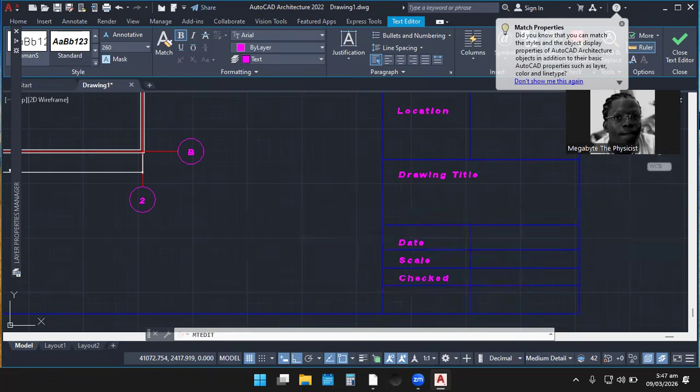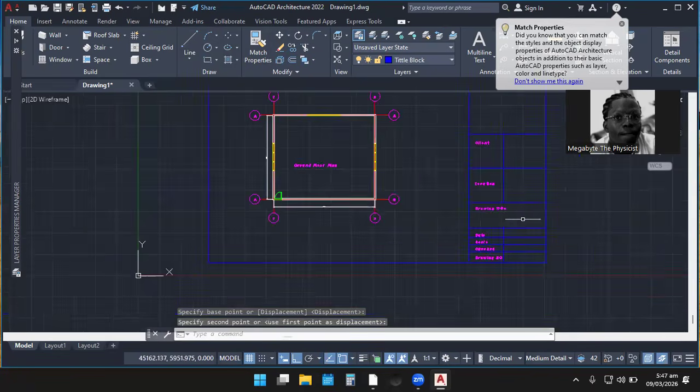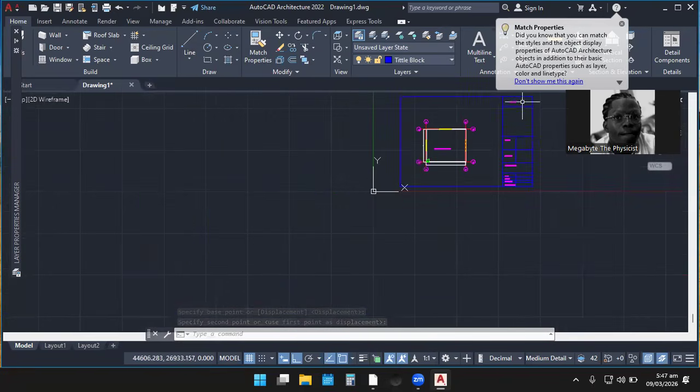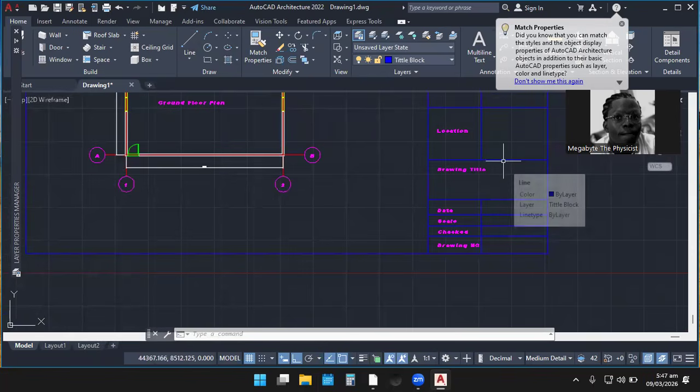Okay, that is it. So you just have to fill in all of this column, and that is just it. So for the title block, however you choose to do it.